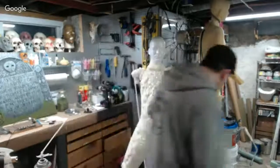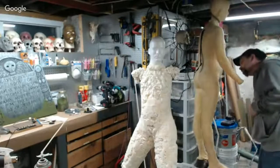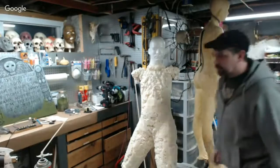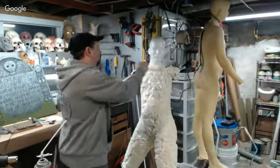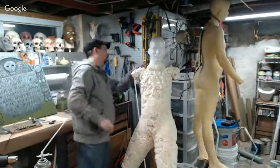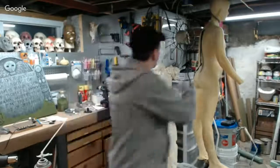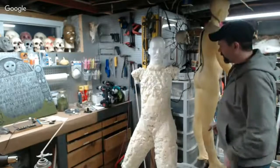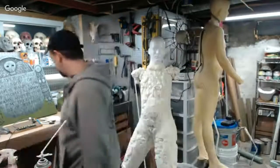Oh, look at that. She's taking a shit. Yeah, that's just off of the back there. So let's spray that up and get that to cure. And hopefully we can carve that down a little bit tonight. And in the meantime,